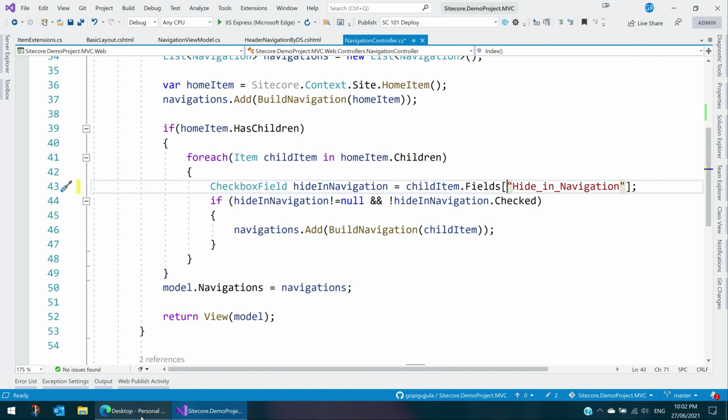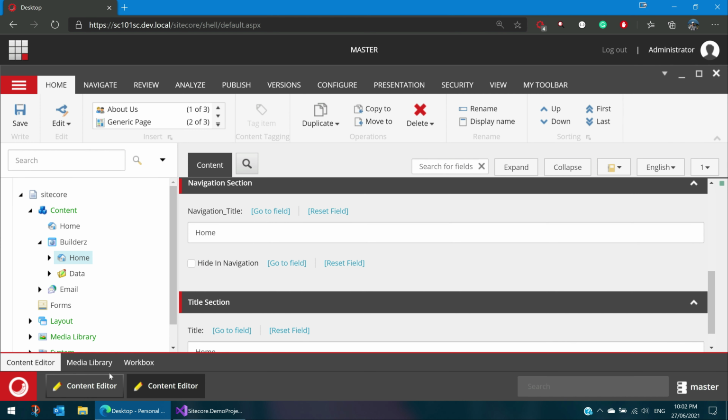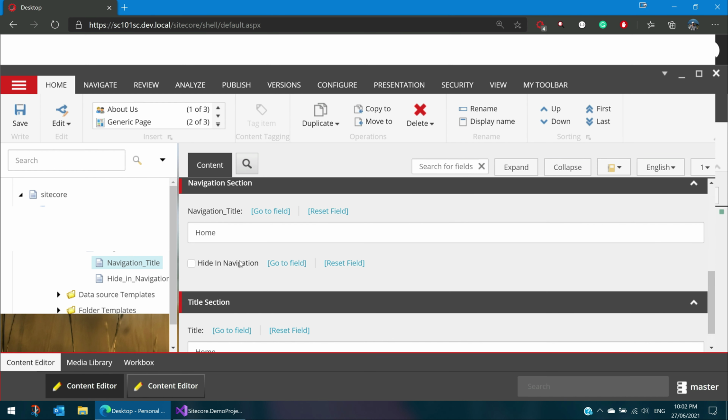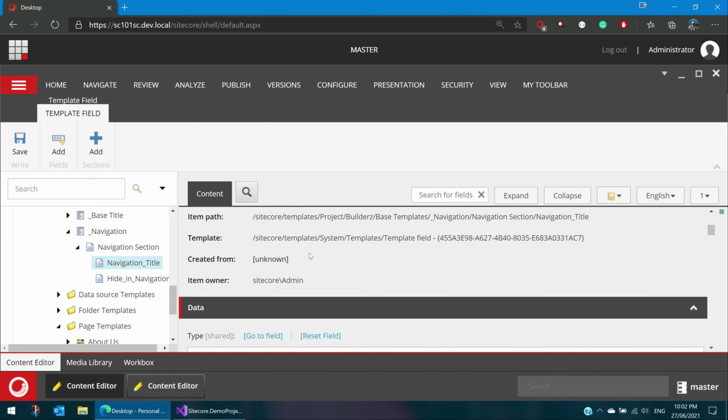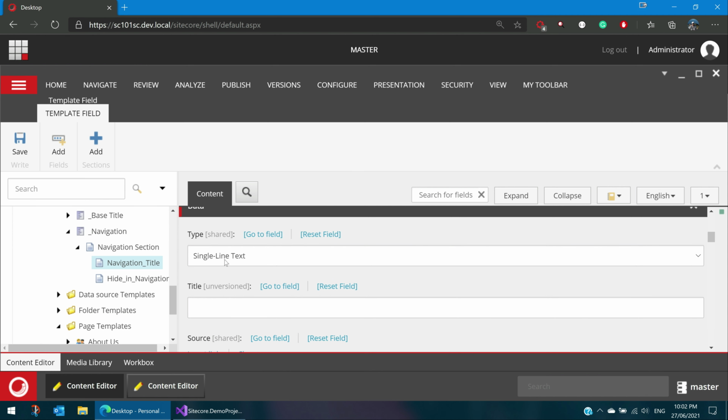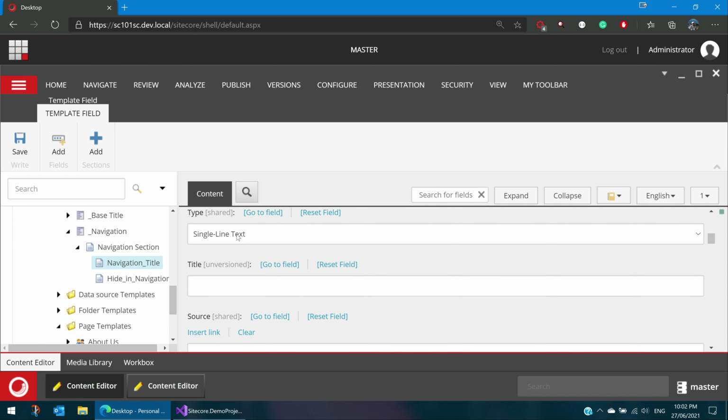So that is the use of field titles. Let's get back. If anytime you want to add a field title without changing the field name, you can go to the particular field item, this navigation title. Notice there will be a second field under the data section. You have type, which is single line or whatever the field type, but there is also a title.